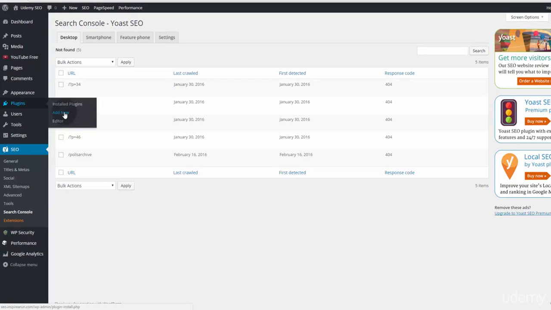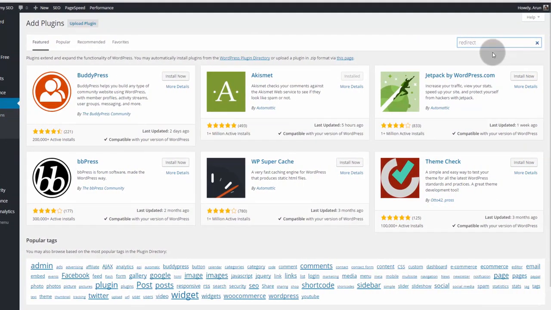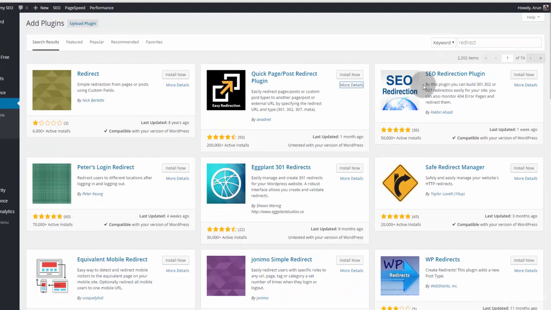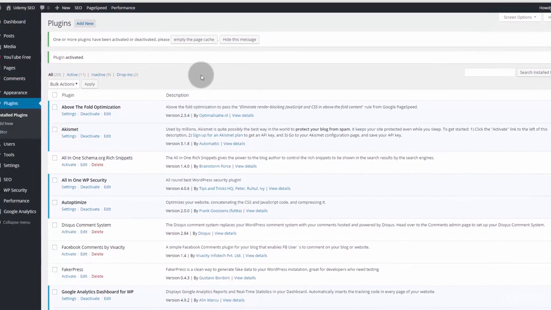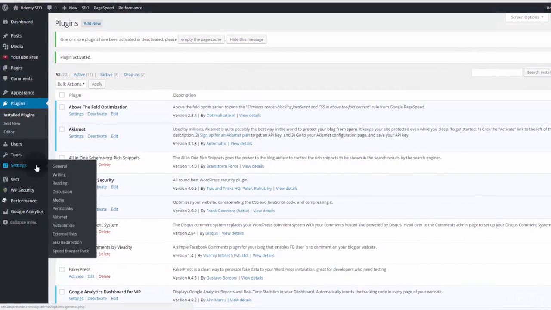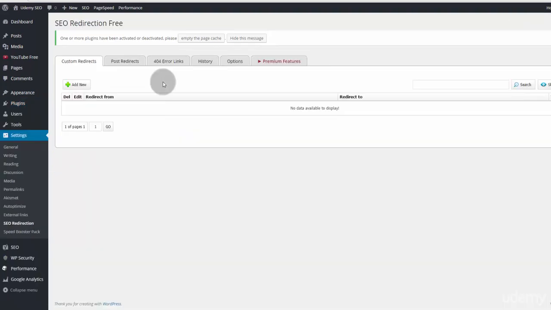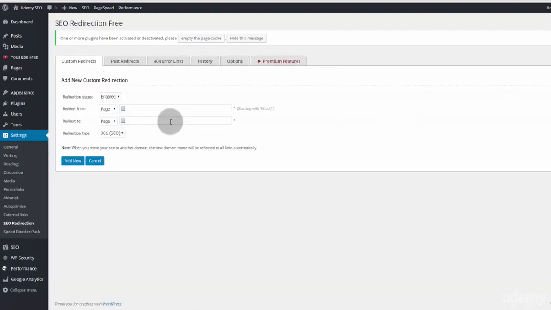Go to Plugins and select Add New. Search for Redirect. Install SEO Redirection plugin. Once you have activated this plugin, come to Settings and select SEO Redirection. Under Custom Redirects tab, click Add New. Paste the URL of target post in Redirect To box